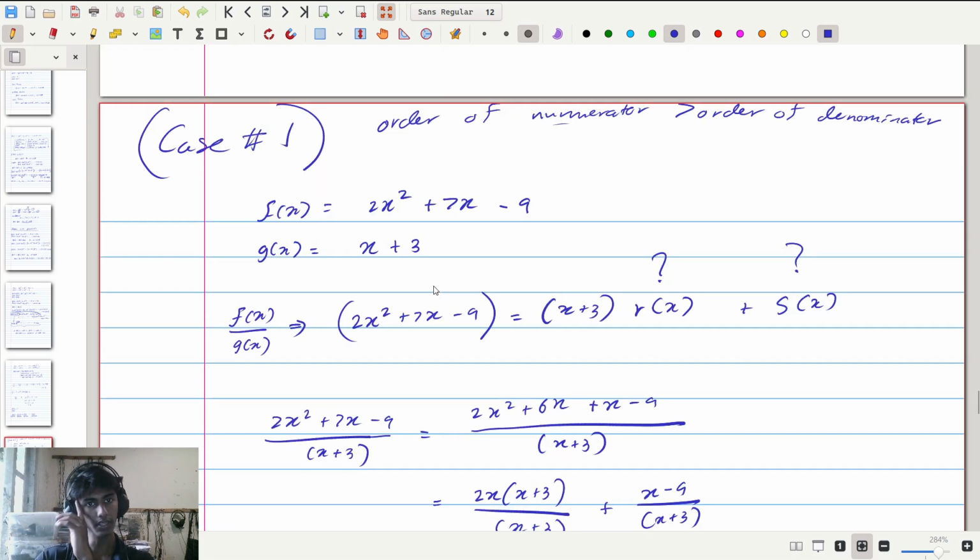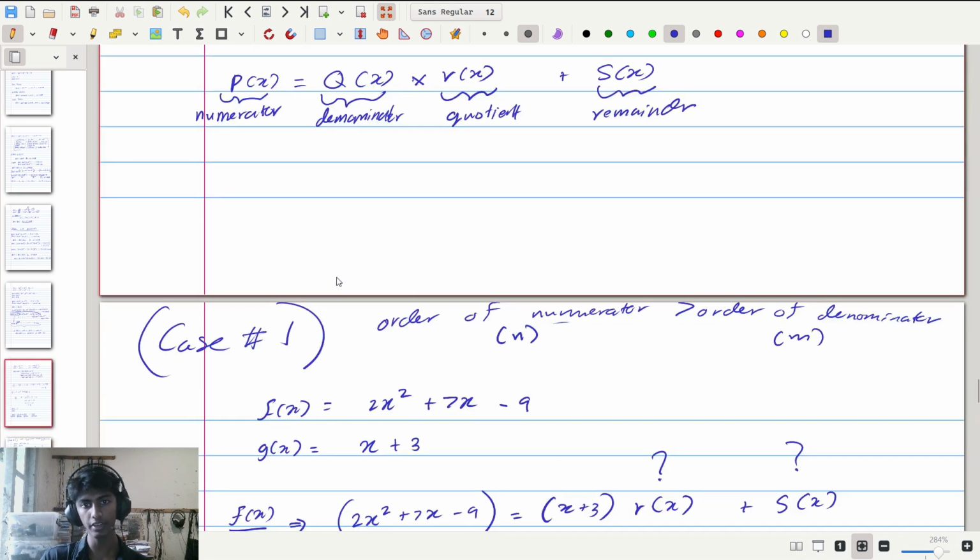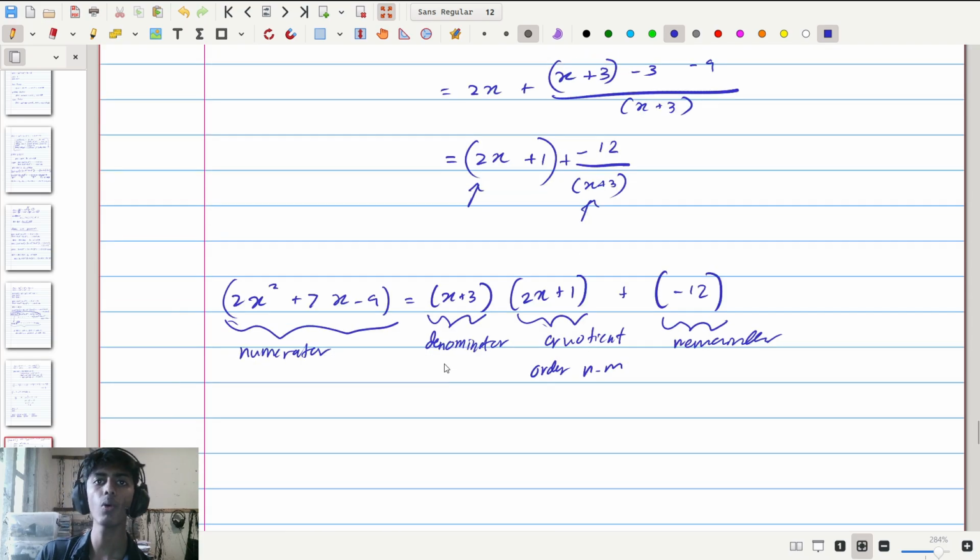In this case, if the order of the numerator, let's say, is called n and the order of the denominator is called m, it is the case that when we do this, the quotient will have order n minus m. Provided that n is greater than m, the quotient will have order n minus m, and the remainder will have order less than m. The order of the remainder will be less than m, and the order of the quotient will